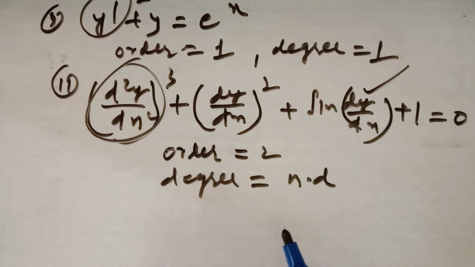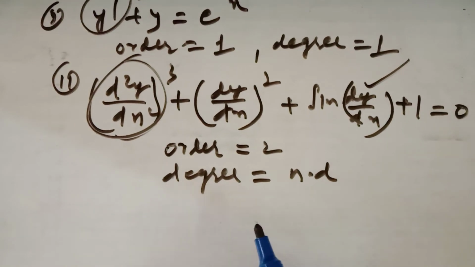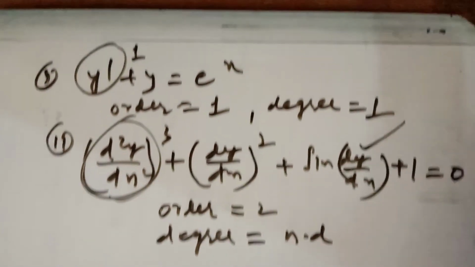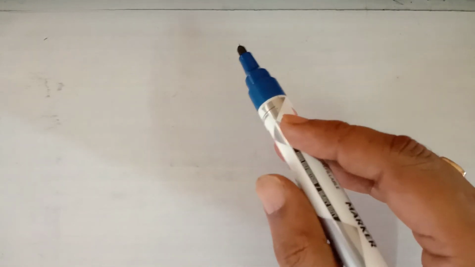And similarly is question number 12. You have to find the degree and order. So the first exercise is very easy, in which you have to find the order and degree. Degree is defined only when the differential equation is a polynomial equation in terms of its derivative. That is, the derivative should not be in a power, in a square root, in a fraction or in negative powers. So this is the order and degree of the differential equation.